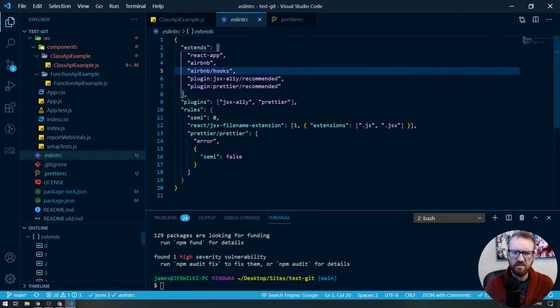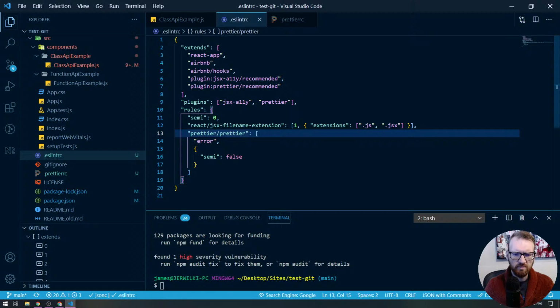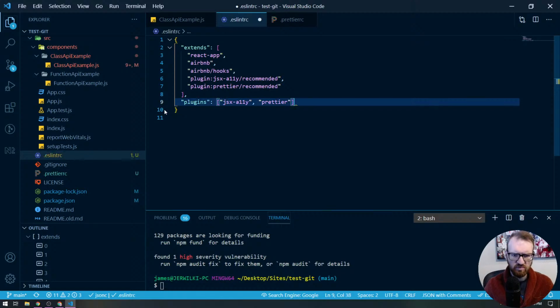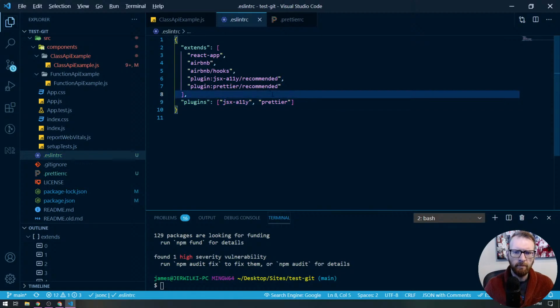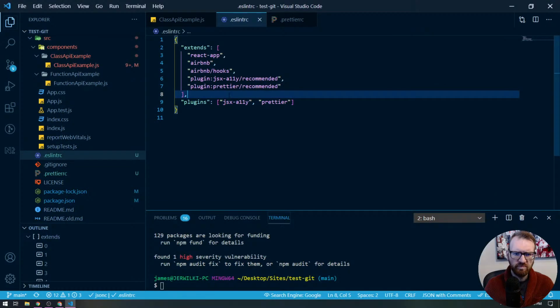Now we've got some weirdness going on. All right, we copy pasted, so let's get rid of his configuration or his rules. We don't want any of the custom rules right now. We just want... and we actually didn't need the